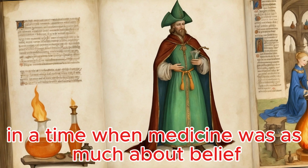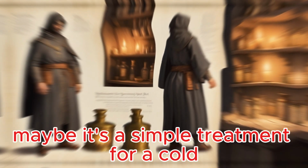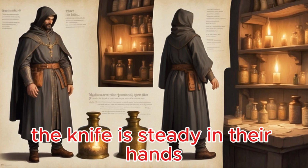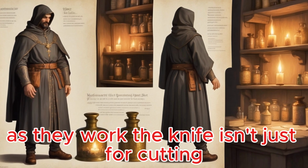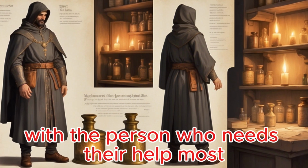In a time when medicine was as much about belief and tradition as it was about science, you can almost picture the apothecary, their knife in hand, carefully preparing a remedy for a patient who's waiting in the corner. Maybe it's a simple treatment for a cold, maybe it's something far more serious. The knife is steady in their hands, the scent of herbs and medicine mixing in the air as they work. The knife isn't just for cutting, it's for healing, for connecting the apothecary's skill with the person who needs their